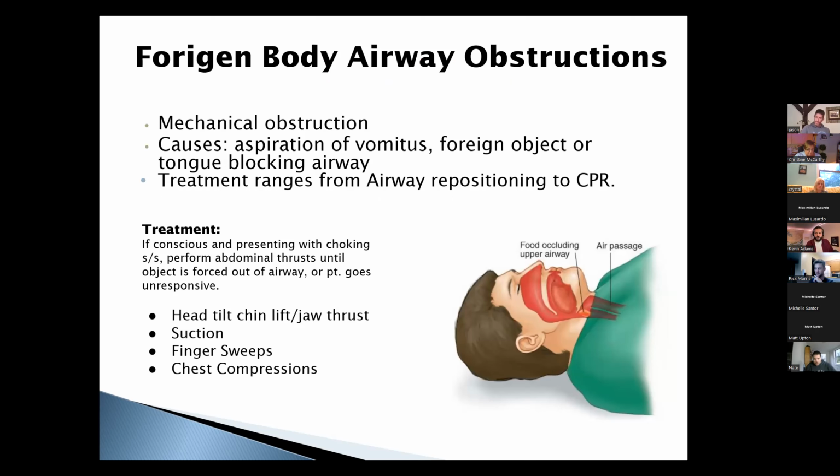So another upper airway thing that we're going to see is just a foreign body airway obstruction. This is just the term for any time that the actual trachea is blocked by something. Could be a piece of steak, could be a Cheeto, could be whatever, right? Something that is blocking that person's ability to breathe. Luckily, there is a pretty tried and true method of stopping this, which is just abdominal thrusts, also known as,